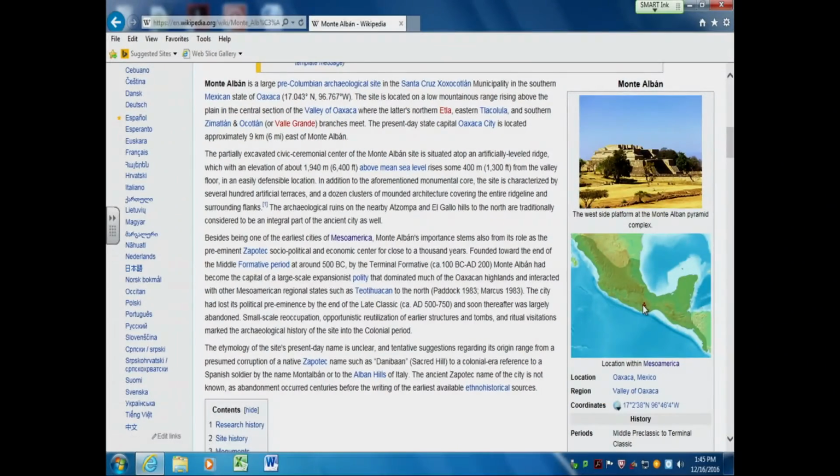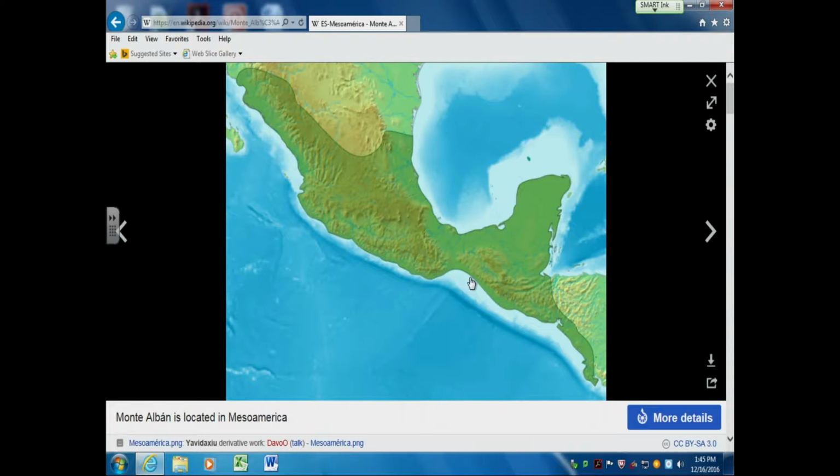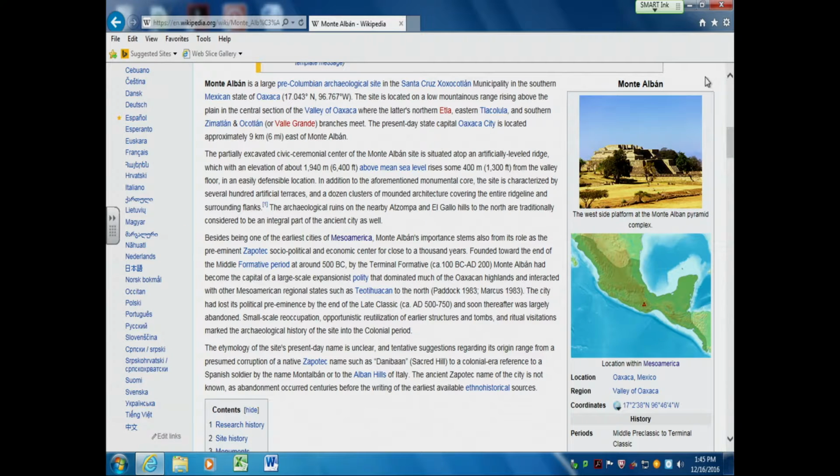Monte Alban was adjacent to the Olmec culture. It's further inland and into the mountains. If you see here, this is a low-lying coastal plain, lots of small rivers, land for fertilization, etc. Monte Alban is higher up, where the farming is a little more difficult, but again, it produced this very sophisticated culture.